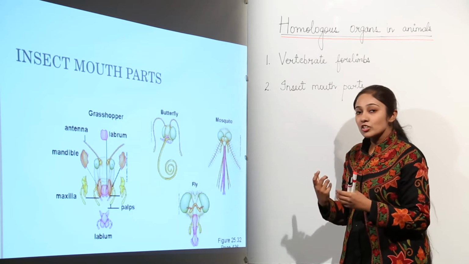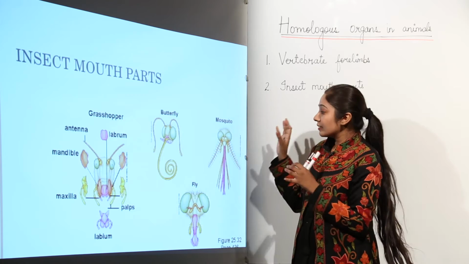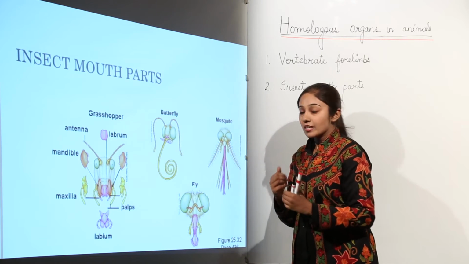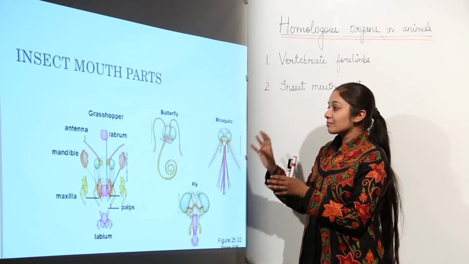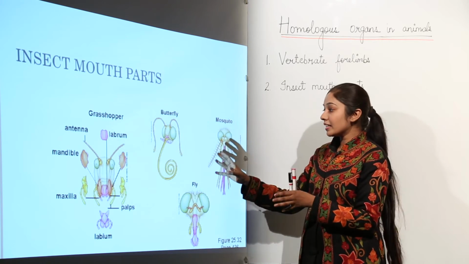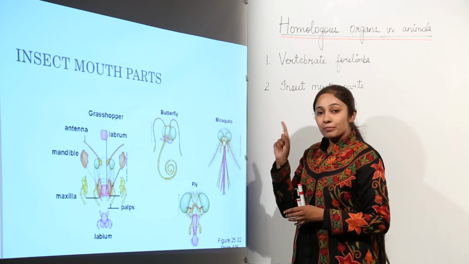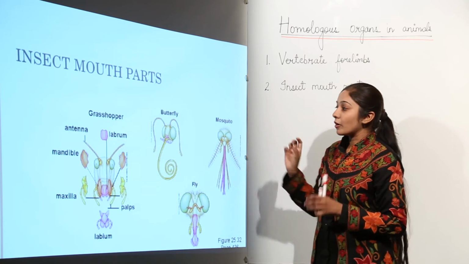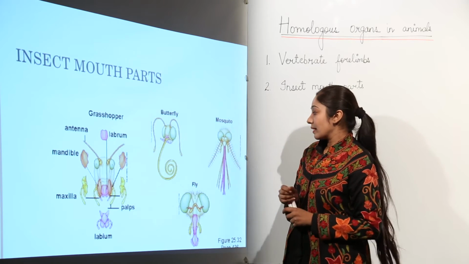And in case of mosquito, mosquito sucks blood. So it is taking liquid food inside. So the mouth parts of a mosquito perform the function of taking liquid food inside. So the functions are entirely different, but the basic structure in case of insect mouth parts is same. The anatomy shows that the basic structure is the same. One labrum, one pair of mandible and two pairs of maxilla. These are the three major parts of insect mouth parts: labrum, mandible and two pairs of maxilla.